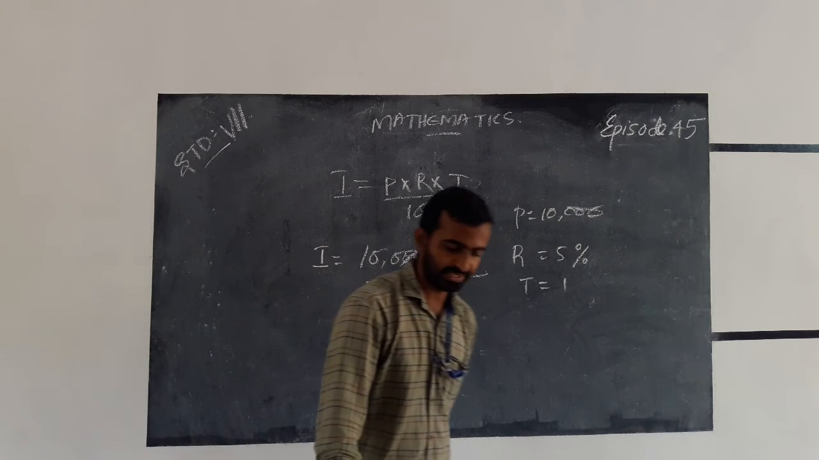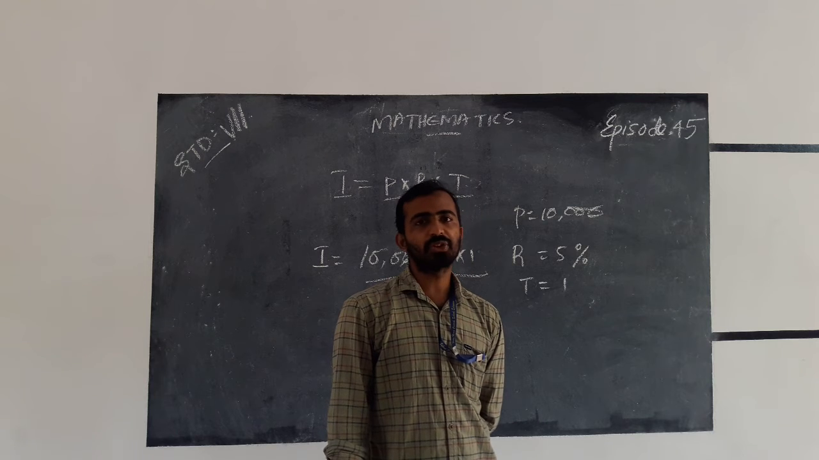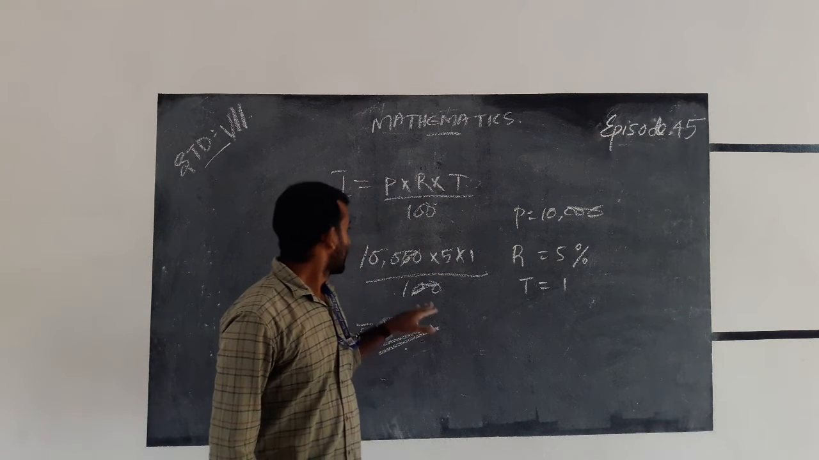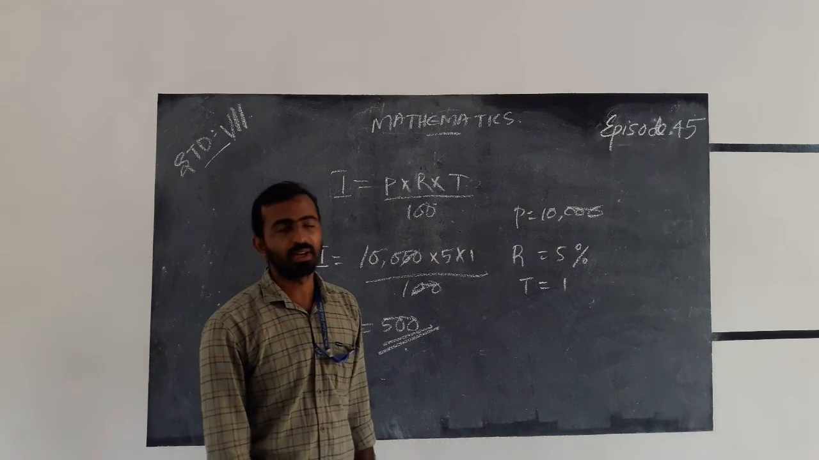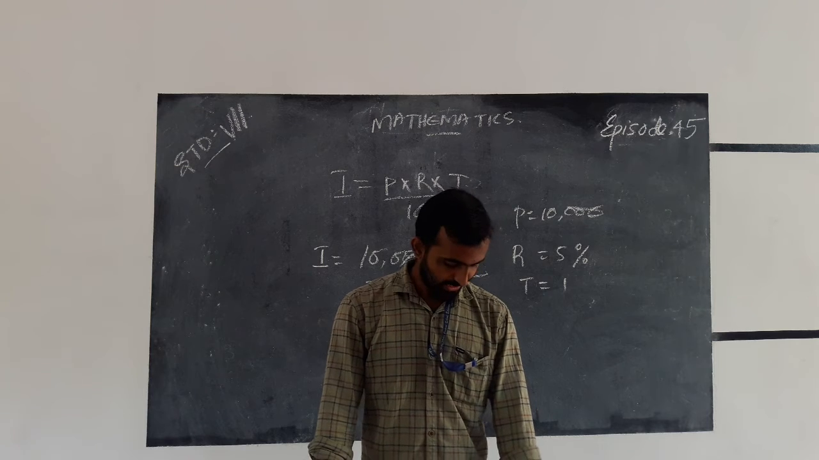500 is the answer. Hence, the interest at the end of 1 year is 500. And the second one is